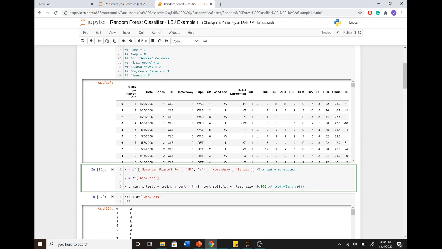So if you're going to be building models in Python, a lot of times you'll use this train test split. Basically, this splits our data set into training and testing data. Training data is what we'll be training our model with to build our decision trees, and then the testing data is what we're using to test our model with against data points from our data set that it hasn't seen before. So this randomly splits our data set into